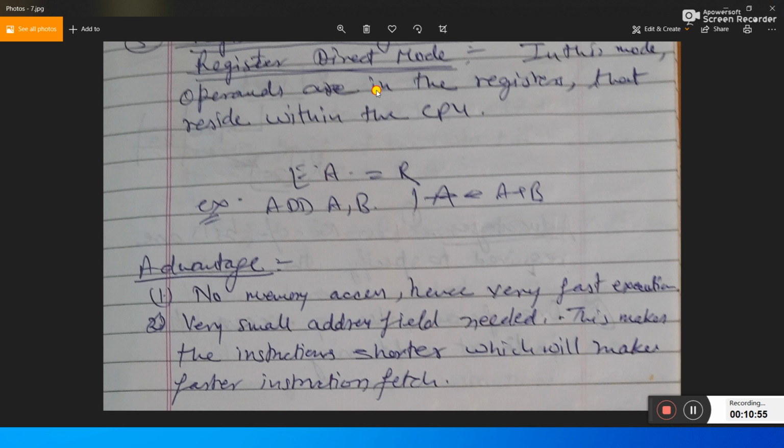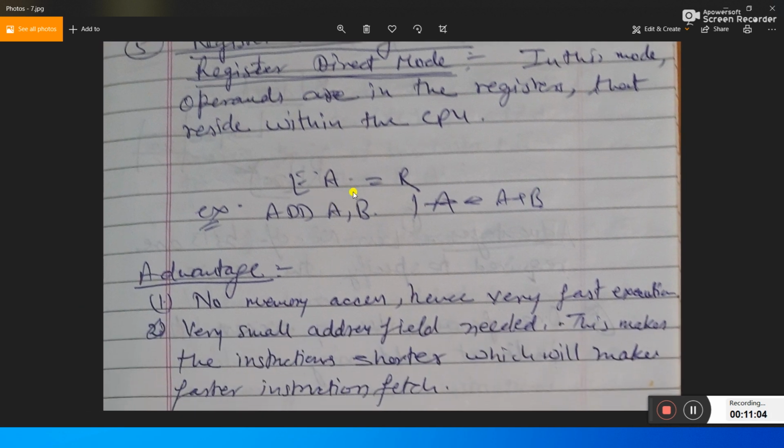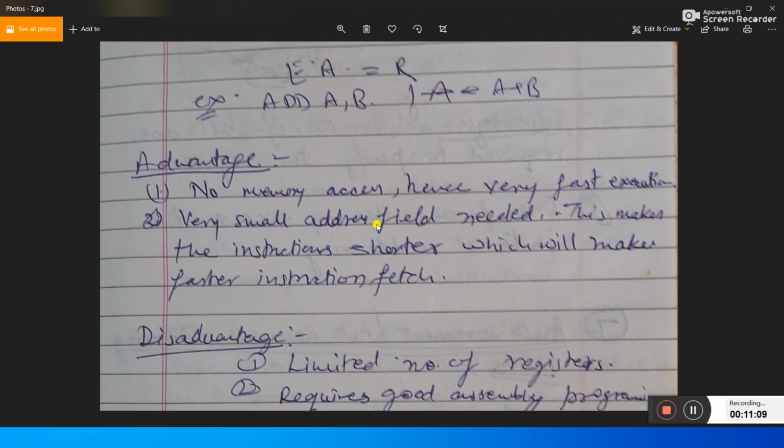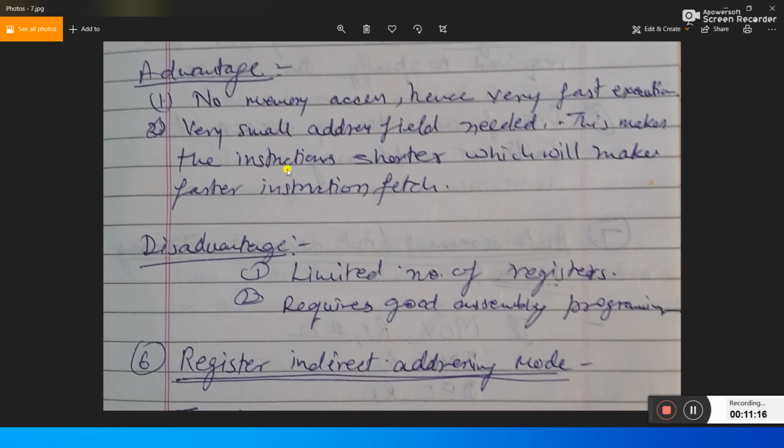So register addressing mode, also known as register direct mode. In this mode the operands are in the registers that reside within the CPU. So the effective address is directly equal to the register value. For example, A plus B: A and B will be added and stored in the accumulator. The advantage is no memory access, hence very fast execution, and a very small address field is needed, which makes the instruction much faster.